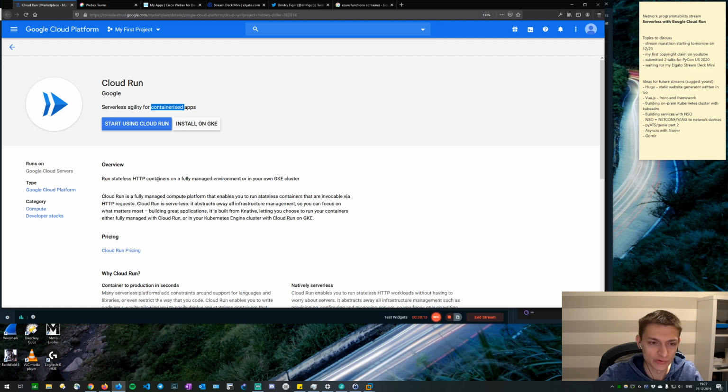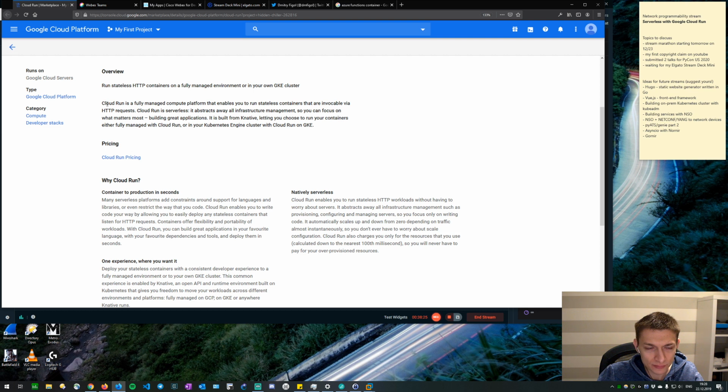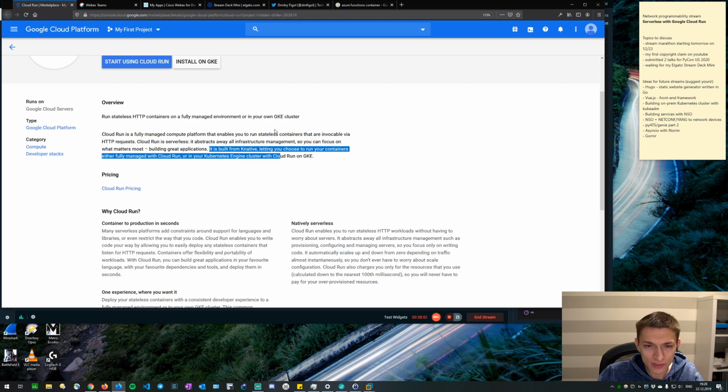All right. So let's get started. I also created a separate account for GCP. Google Cloud Run is a fully managed compute platform that runs stateless containers that are invocable via HTTP request. So we built a container which listens for an HTTP request. Cloud Run is serverless. It abstracts away all infrastructure management so you can focus on what matters the most, building great applications. It is built from Knative,